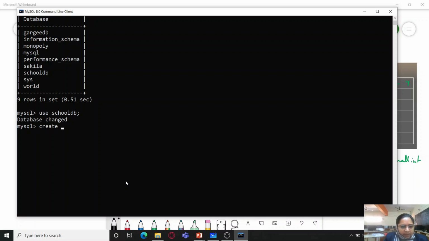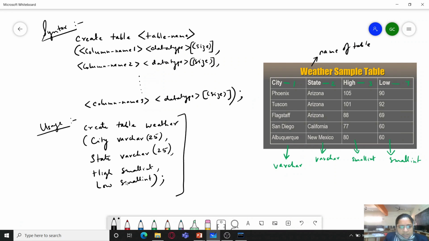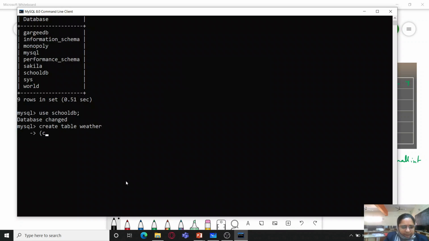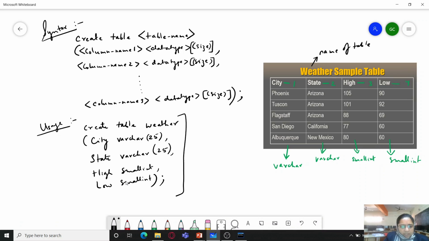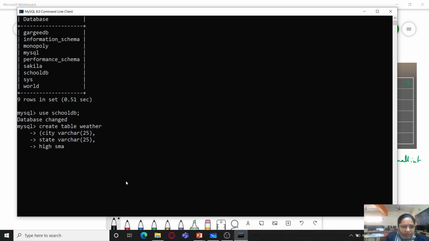Now let's create the table. Create table weather, and see I can move on to the next line and just type the first field name over here which is city. City varchar 25, state varchar again 25, then we have high small int.